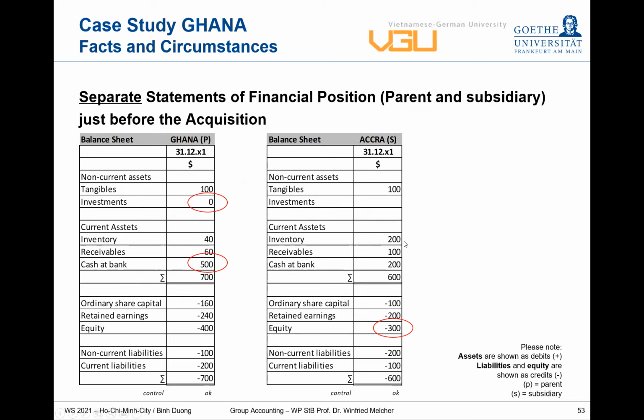So when you look at inventory, that is the fair value of inventory, which can be obtained for the inventories. Non-current assets, tangible, so maybe this is land or buildings. So in that case, there are no hidden reserves in here. All right, so